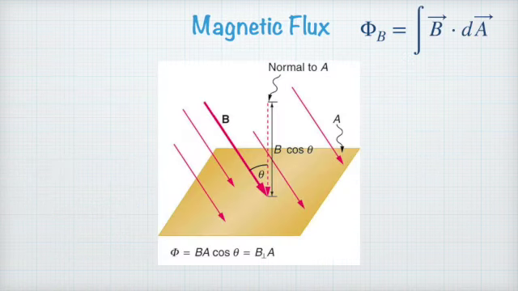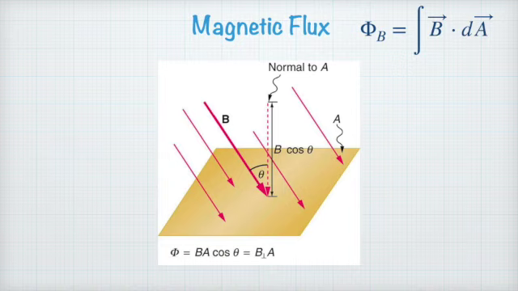In Faraday's experiments, what he looked at was magnetic flux. Now, we've calculated flux before for electric fields. Now we're just going to do it with magnetic fields. And what he found was that a magnetic flux, if that changed, then there was a current that could be